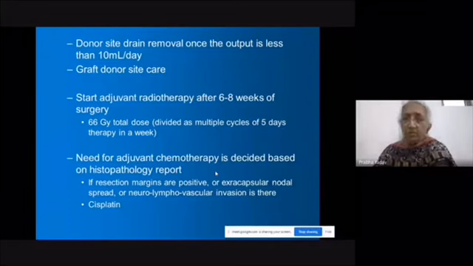Different units have different protocols that they follow, so that's fine with us. But you really need to monitor it, because to get that PTT value within 1 hour, by the time you get the values, you will have to change the drip again. I found it very difficult to manage with IV heparin continuous infusion.